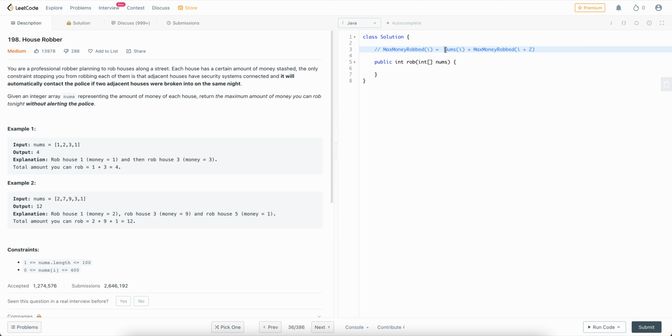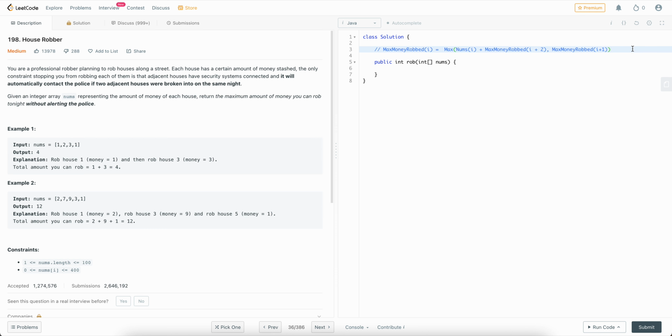So it's gonna be either that, or I just start robbing at I plus 1, which is basically just the max money robbed if I start at I plus 1, right? So this is a recursive function. It basically says the max money I can rob at I is either if I rob I plus the max money I can rob at I plus 2, or I skip I and it's the max money robbed at I plus 1. So this ensures that there are no adjacent